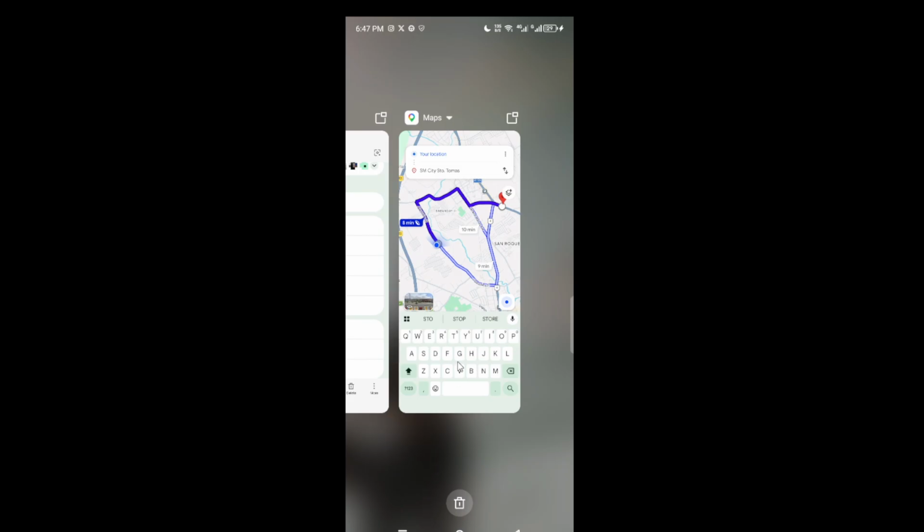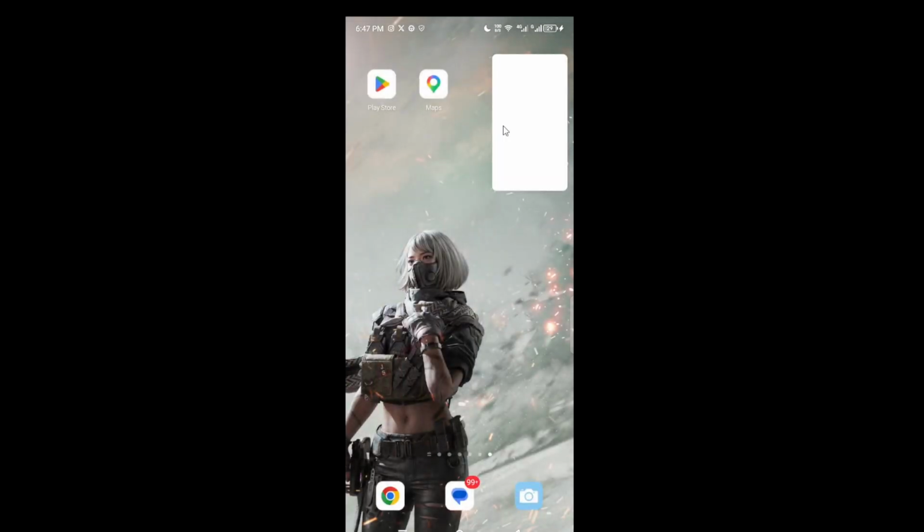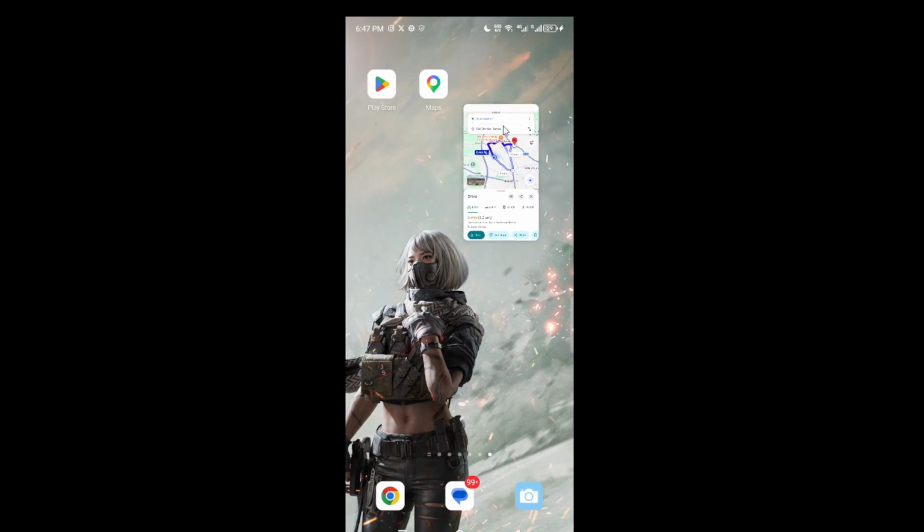With the Maps card visible, look toward the top right area of the screen for an icon that looks like two overlapping squares. Tap that to open Maps on a smaller portion of the screen. On some devices, you might instead see a split screen icon or an option labeled something like split screen or pop-up view. Use whichever option appears to place Maps in a compact view while keeping other apps accessible.